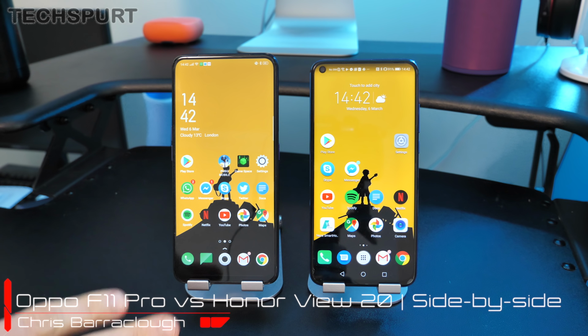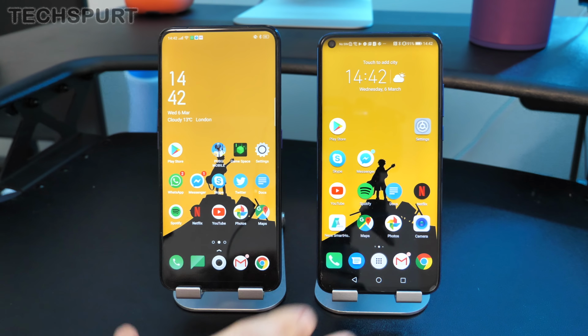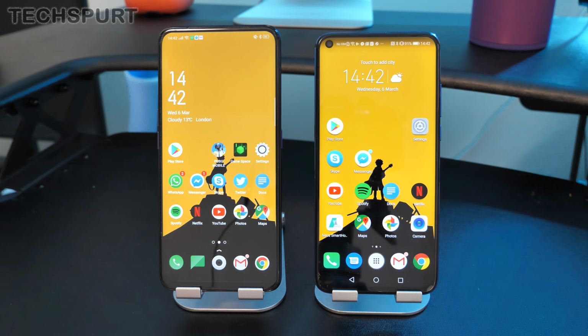Oppo's first smartphone launched in 2019. I reached out to the community and the popular consensus for a comparison was the Honor View 20, another great smartphone also launched in 2019, also offering great value for money. So here's my full side-by-side comparing the performance, the features, everything you need to know to see which one might